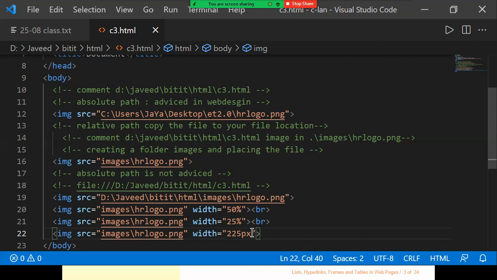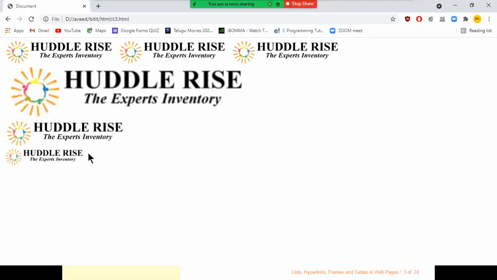It is better to go for percentages, indicating this is my window, and I want to use 10% for my logo or something like that. You can define that. Again, we'll discuss this when we talk about media. Like this, you can have different images displayed over here.